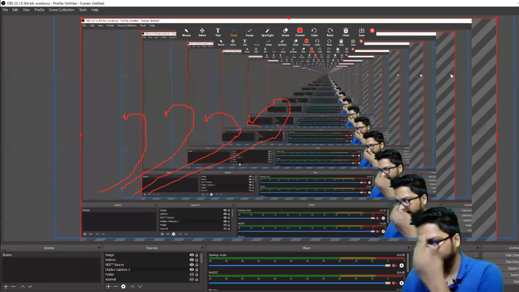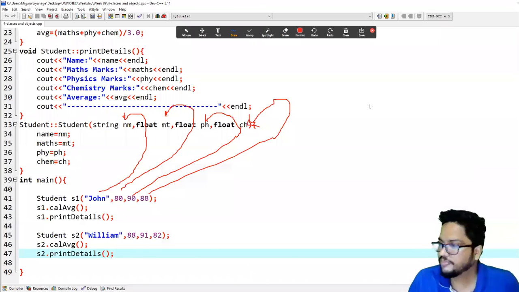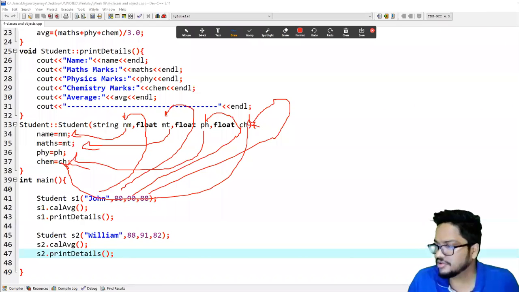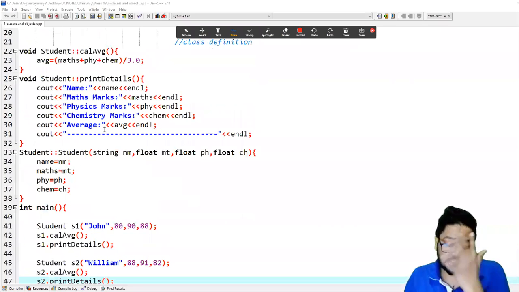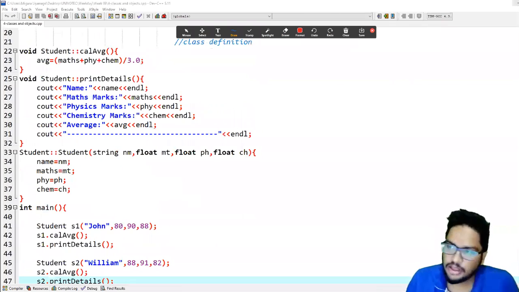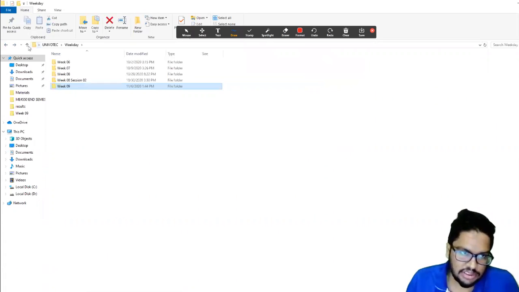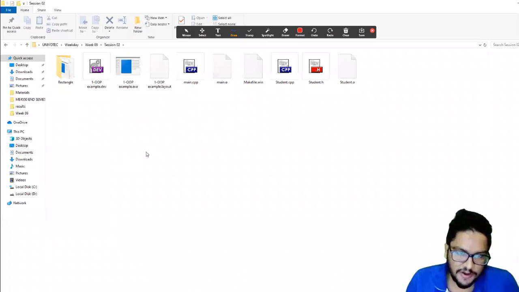Right. So that's what it is about, right? Understood. So then from the constructor, as I mentioned, you can pass them to the data members. So this is an indirect way of passing values to the data members, right? Indirect method, right? So you can use the constructor to pass values to the data members, right? So then what we did was in the second session of the last week